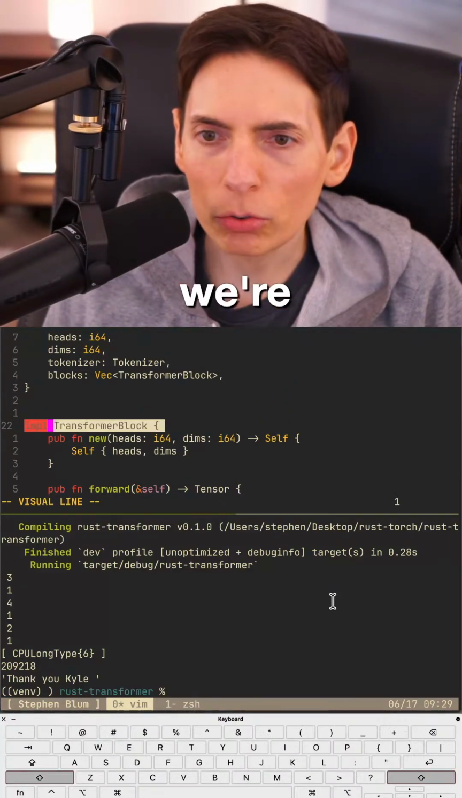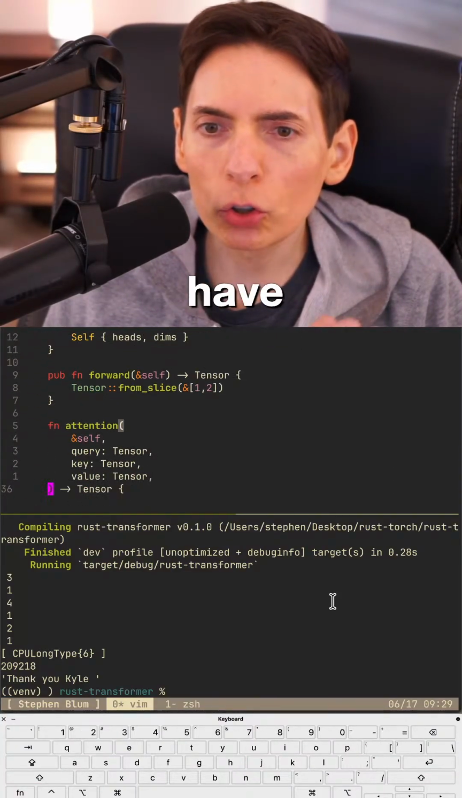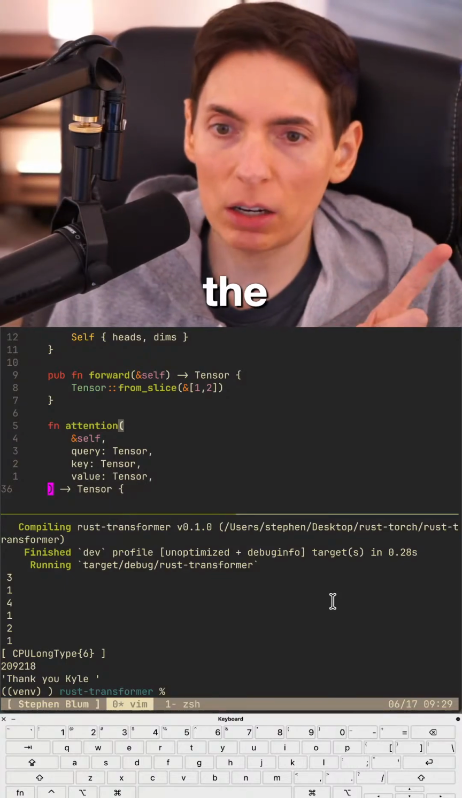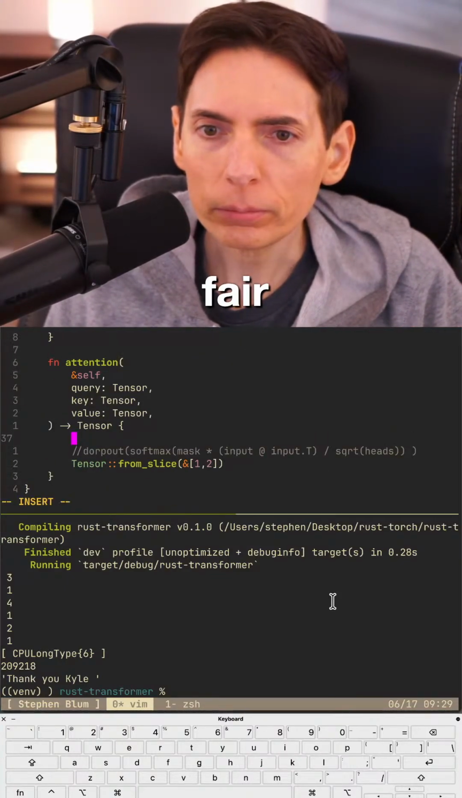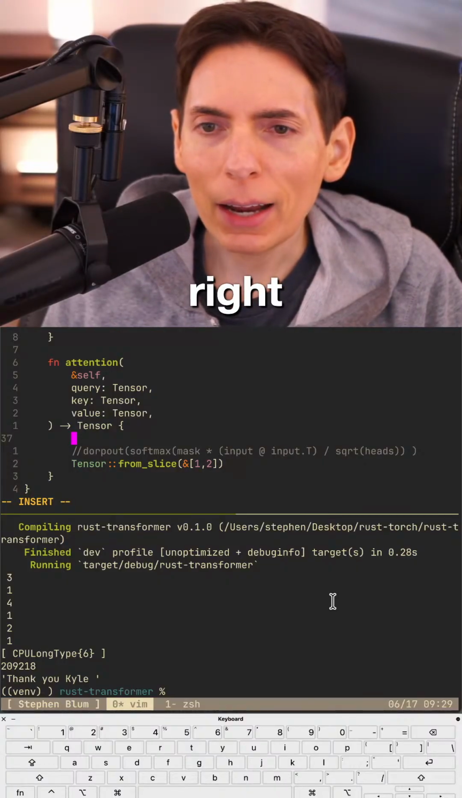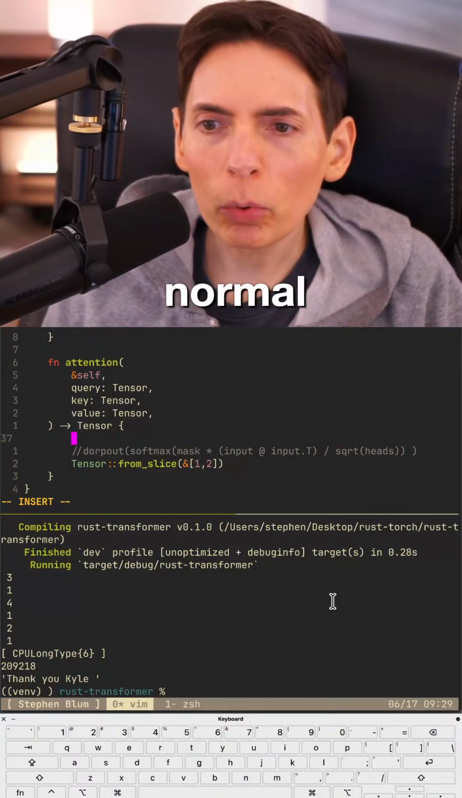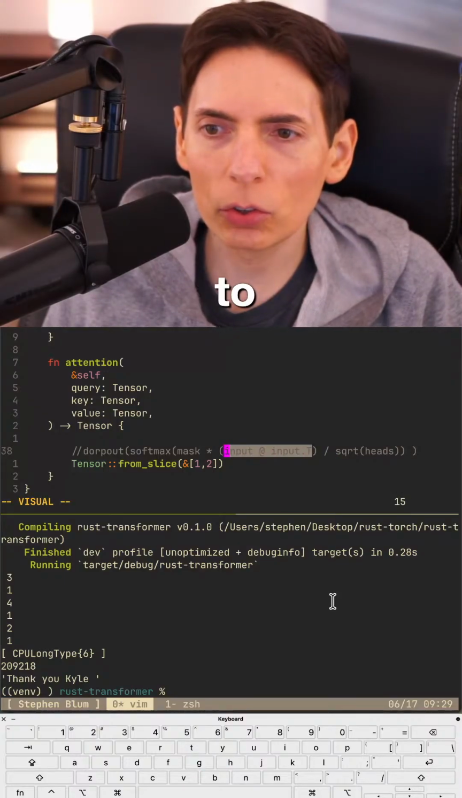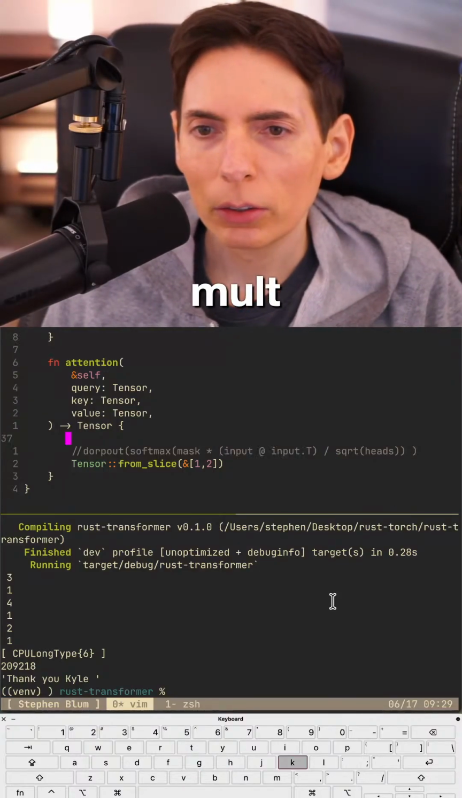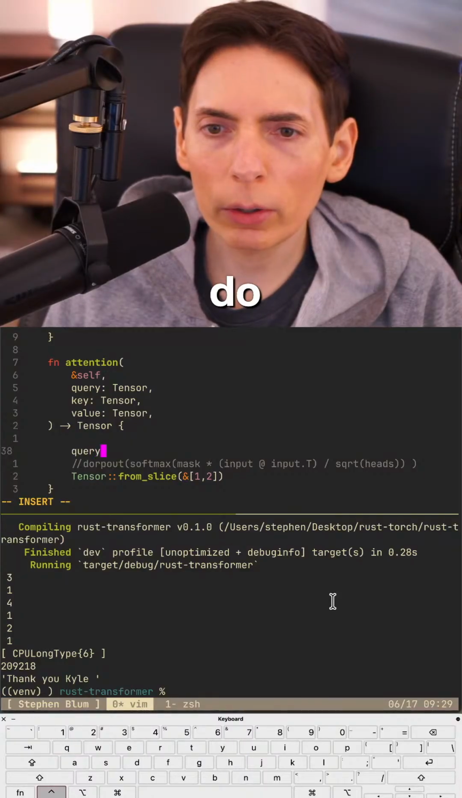Okay. We're going to transform our block. We're going to have 4. We do attention in the block. So this is fair. This is fair. All right. Now, in Python, right? Python, the syntax is this, to do a matmul. Do we do query dot